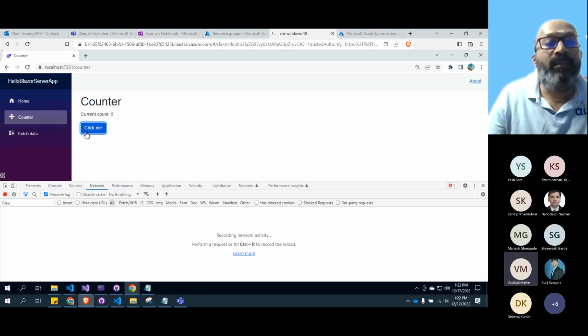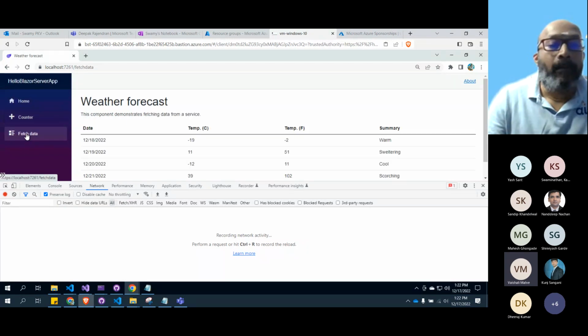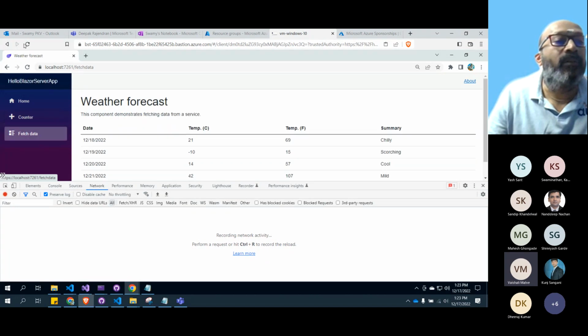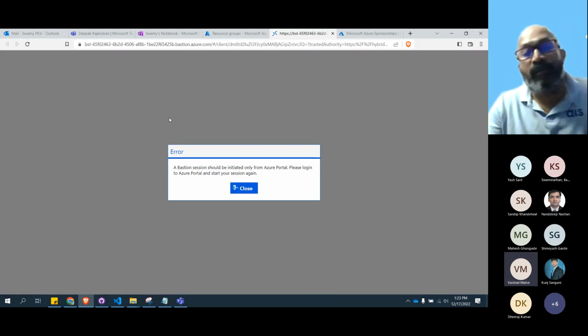If it is a Blazor WASM, the only time you will see network traffic is when we come to fetch data. So the rest of the things are all here. So if I come in and I did the wrong